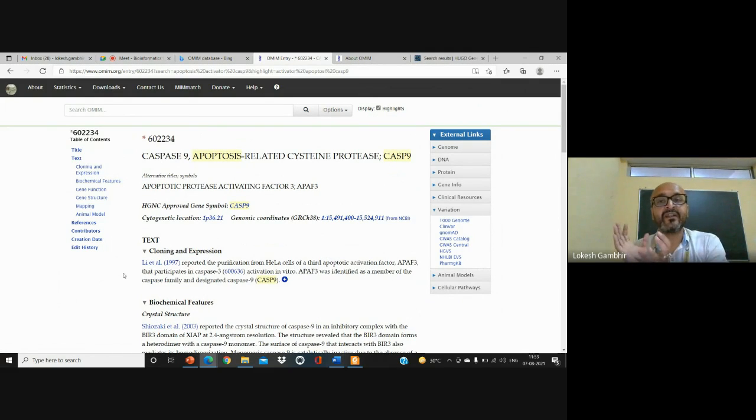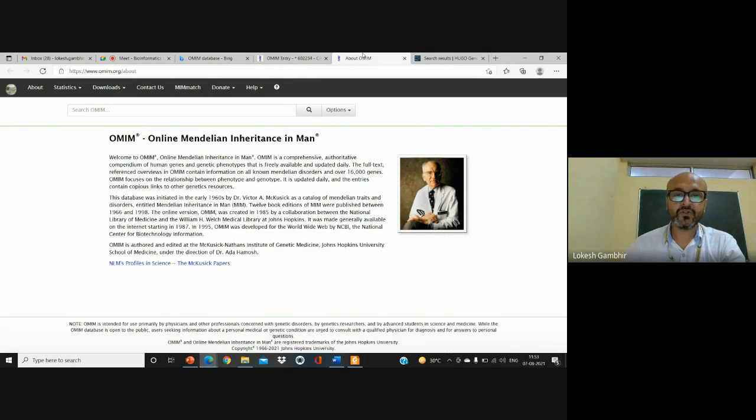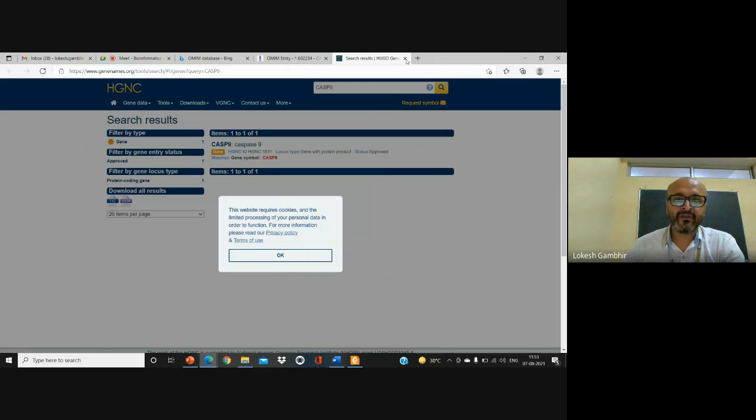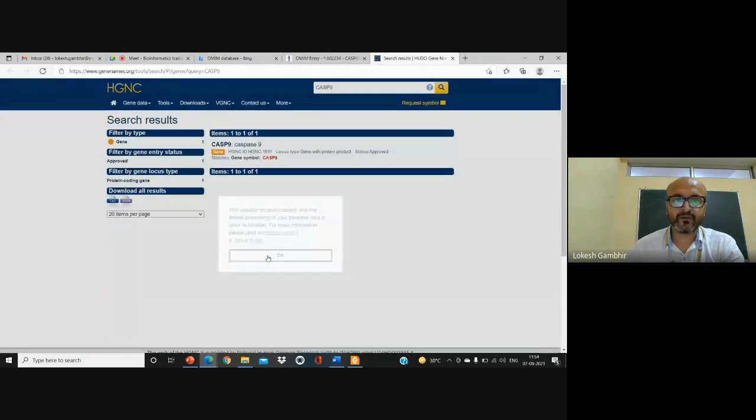You already have that option available in the form of SwissProt, where you can read anything regarding any protein. So I'm just giving you a glimpse of the other databases that are also present. Fine. So that is all regarding OMIM. We are not required to go in depth on this.